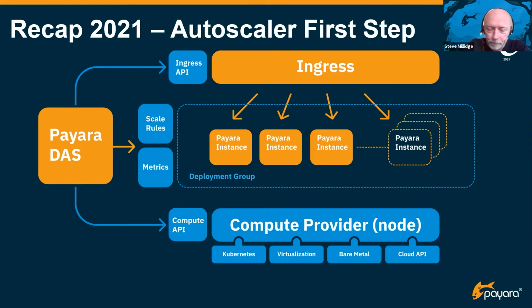So in Payara at the moment, your DAS, you can fire up new instances, you can configure nodes which are effectively mapped to a virtual machine or a physical machine. But what we want to be able to do is basically be able to take advantage of the elasticity of modern software-defined compute to bring that into the domain model. So we've done some of this work already, and again, this will go into 2022.